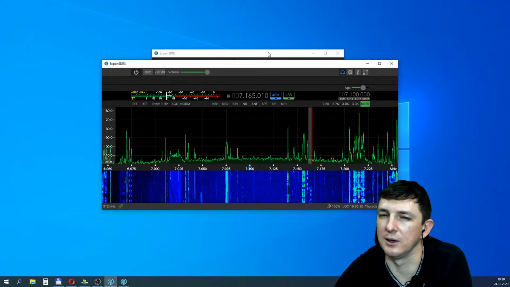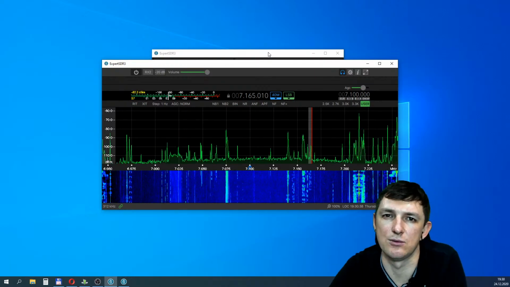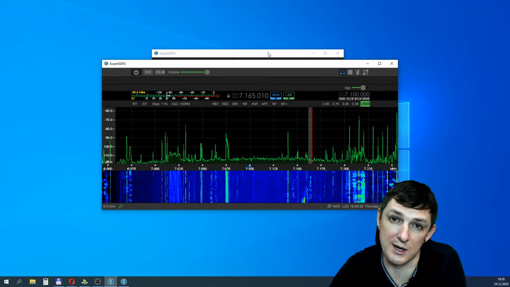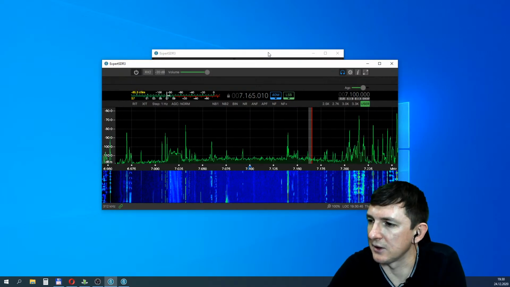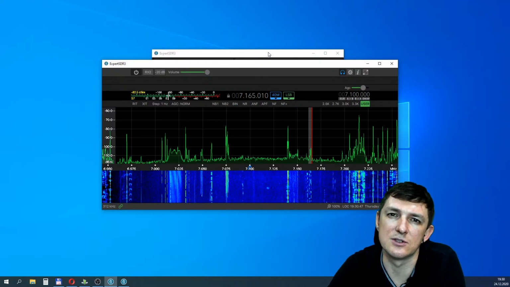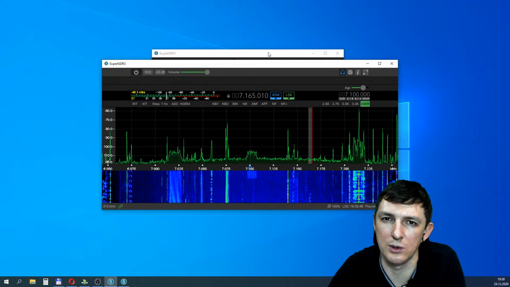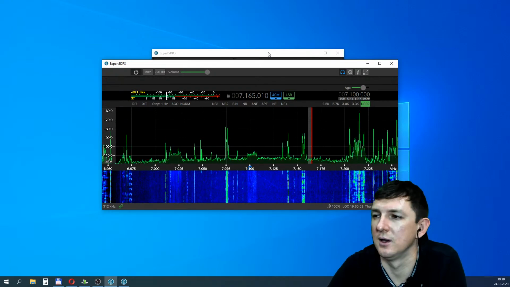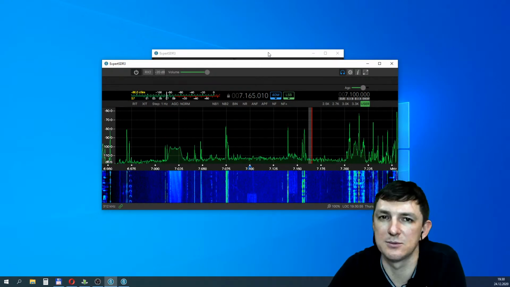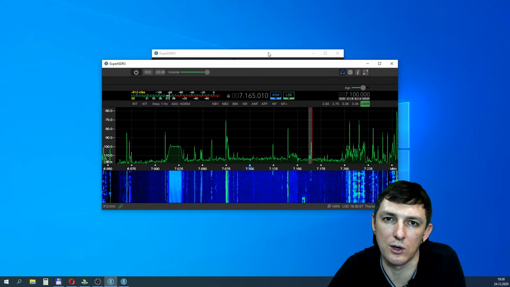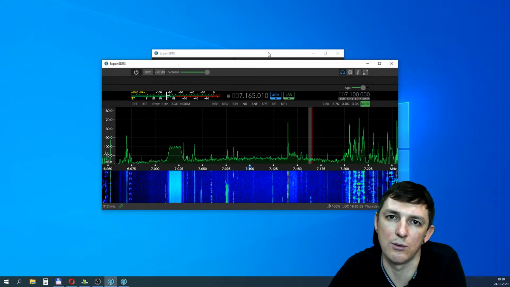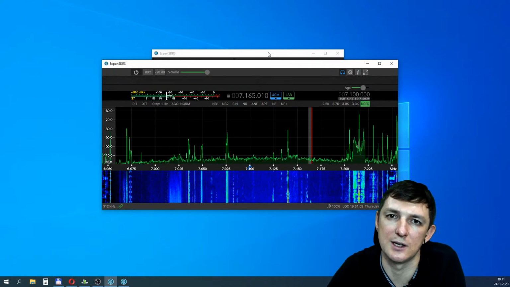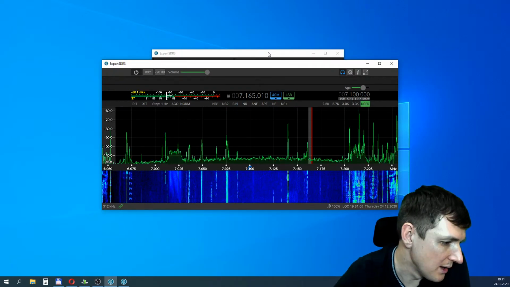I think the first will be beta versions for trying, and at the same time remote control will be released for all our devices, and you can use ExpertSDR3 as local software for local working, and at the same time you can try the remote control.